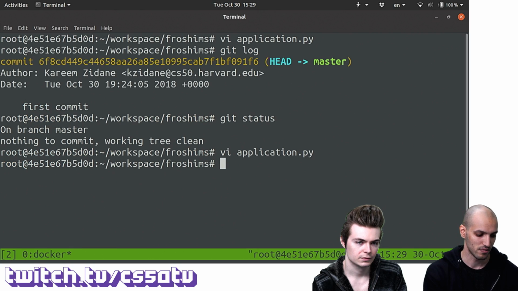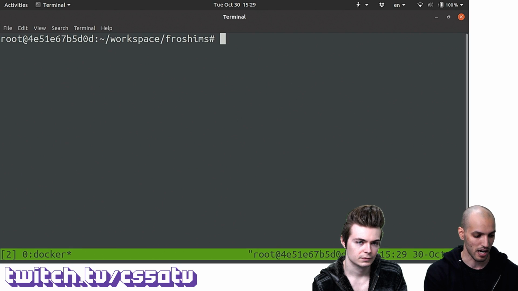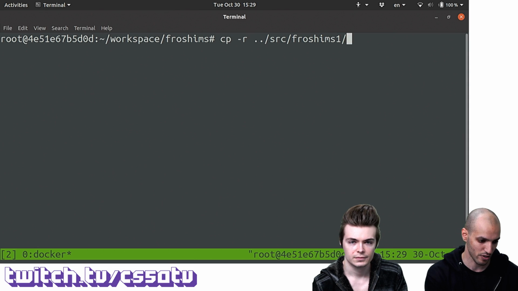So again, not really interesting in this case. I'm going to copy updated application.py from froshims1. And again, you don't have to copy stuff. You can do this directly in application.py in this case. Actually, let's copy everything in this directory in here.